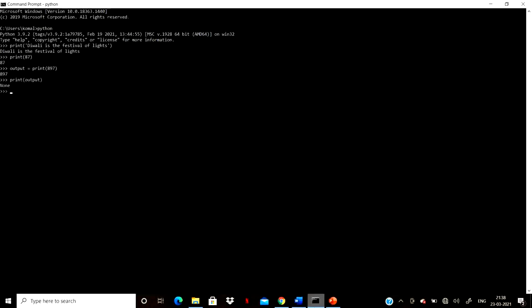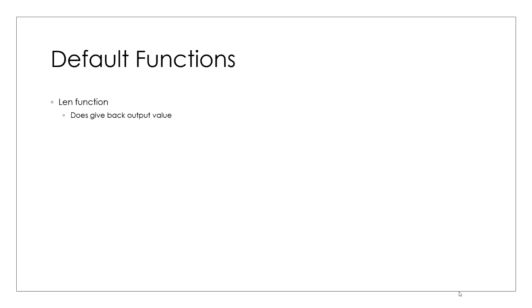Another built-in function in Python is the length function. It actually gives back output value in contrast to the print function. We can save the result of the length function in a variable output ln.